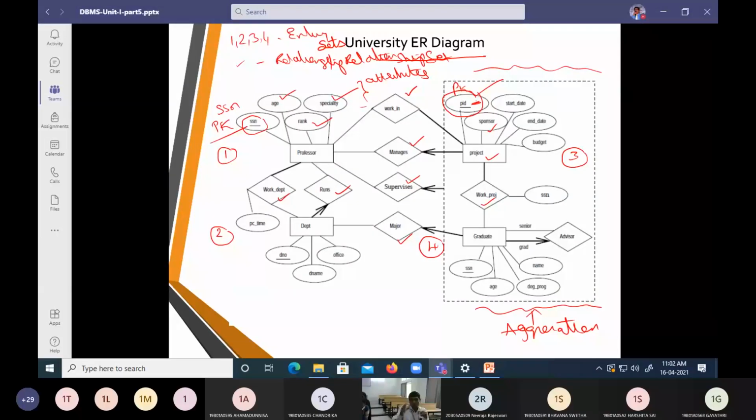Those people we call the sponsors, because they give the amount and sanction the budget so that the project can be executed. That is where a budget is implied. Similarly, we have when a project begins and when it ends, which is going to be represented.